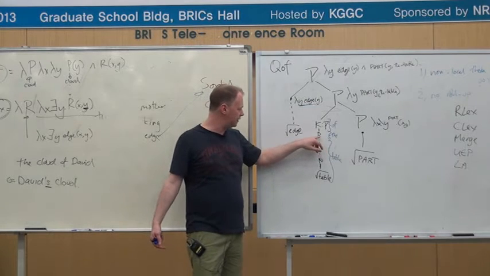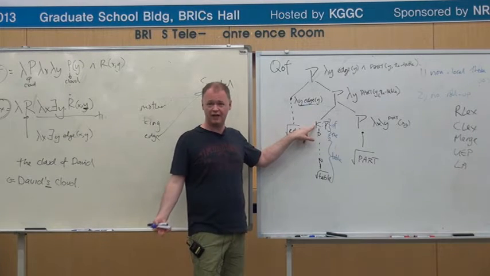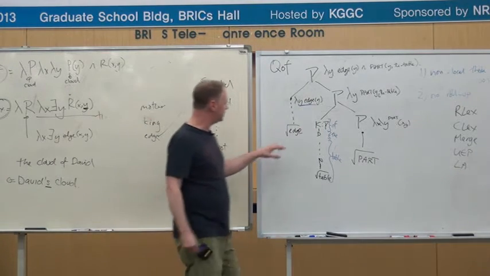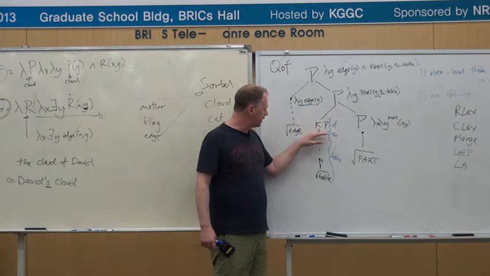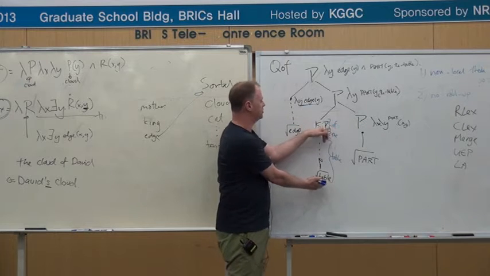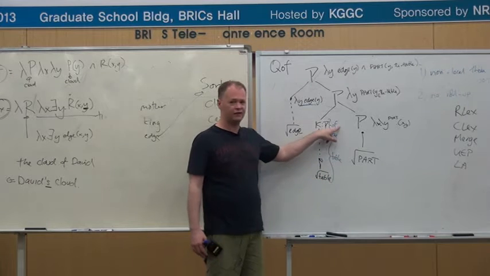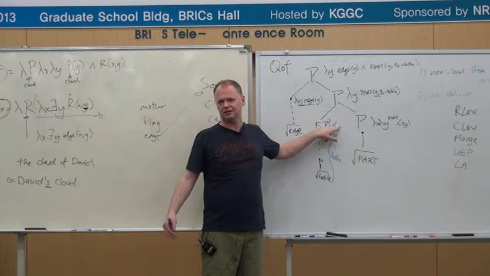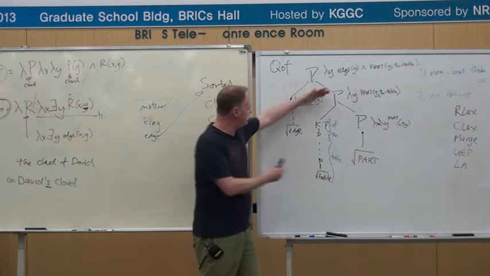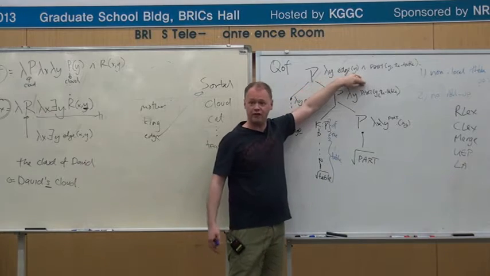So most of these things have a meaning. K seems to be purely a licensing function. People have suggested, in fact, I've suggested that K has a function of transferring you semantically from something here, which is not combinable with this, to something which is combinable. That is, it takes you from a non-individual at this level to a true individual at this level. But that's just a guess. There's no real understanding of that. Of doesn't have a meaning, but of course this thing here, of the table, has a meaning, which is lambda y is part of the table.